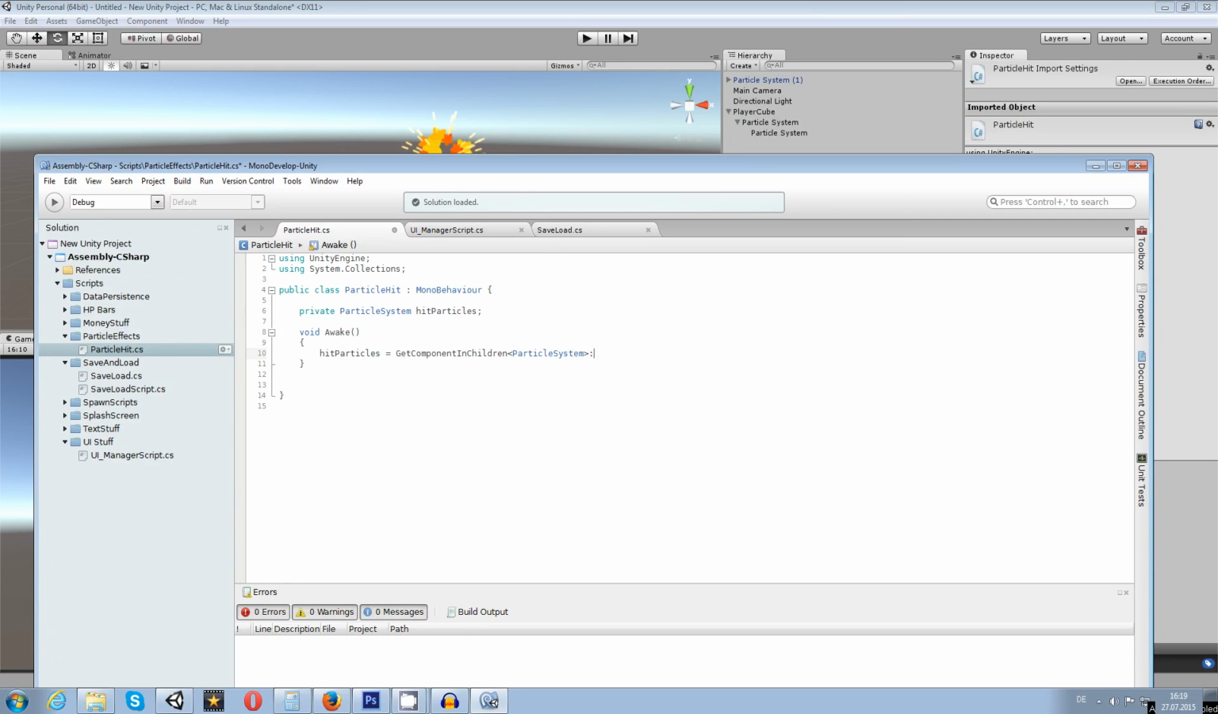And that's it, I think. No, the brackets are missing. So there we go. So we take the particle system inside of the children of our player cube. And once we got that one, we can say if something is happening, then we want to play the particle